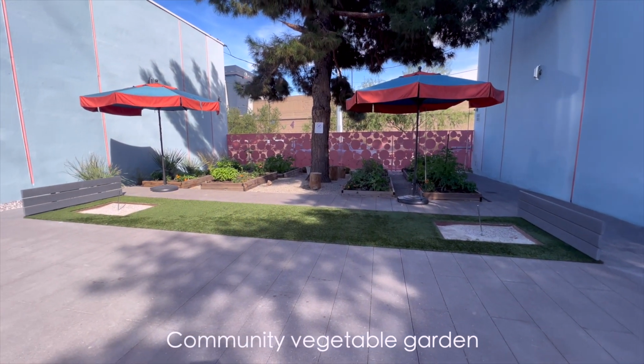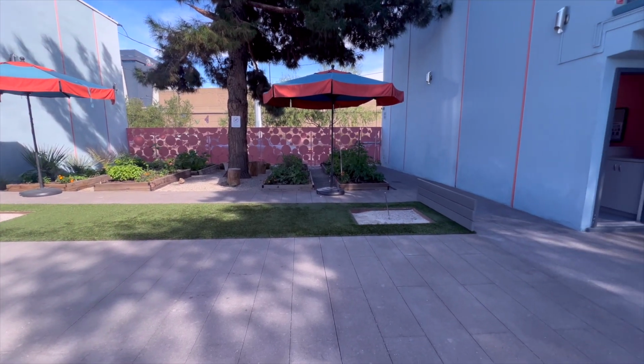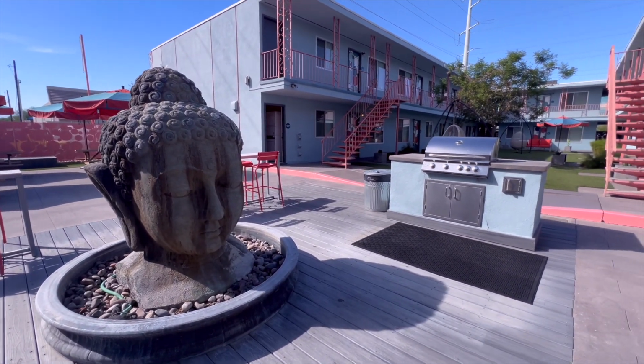They have like some corn, some squash. We have like bell peppers and different things of that nature. You can most definitely include some of your turd bases. We have our Buddha head, which usually has a waterfall, but at this moment we're